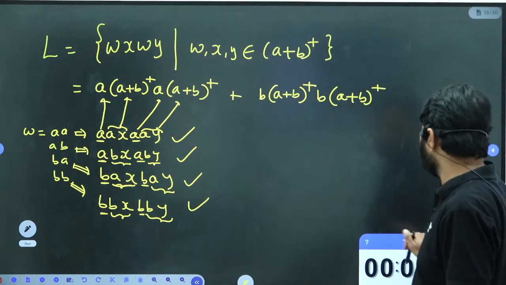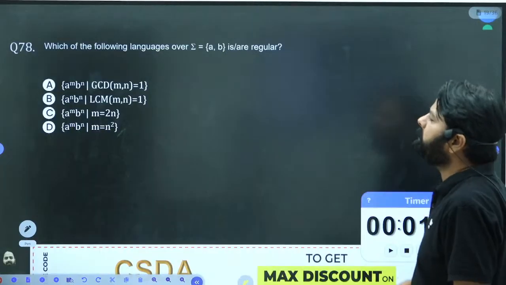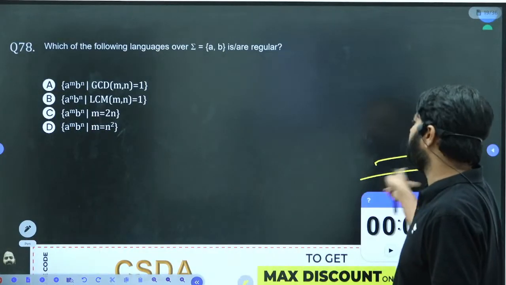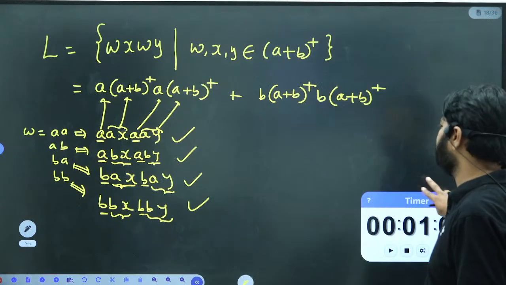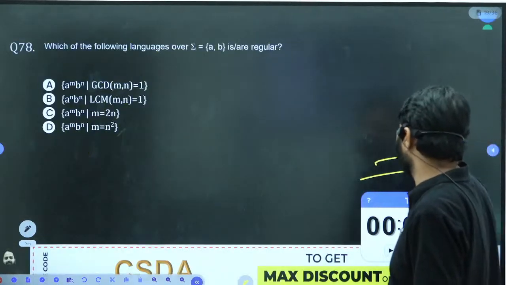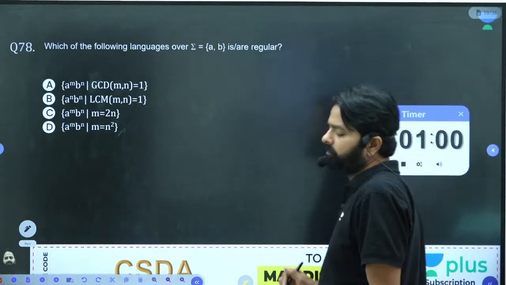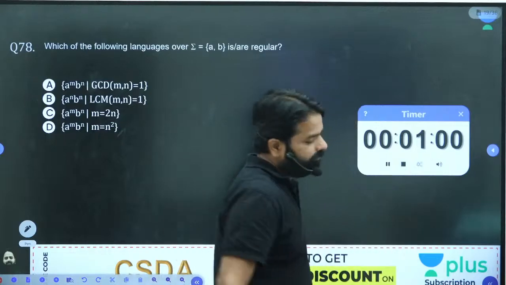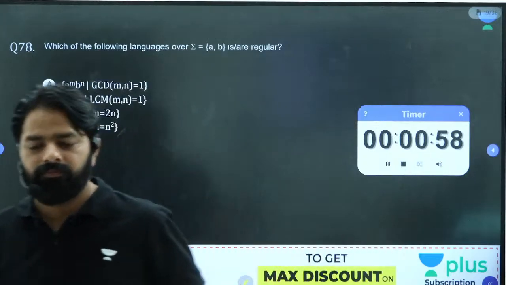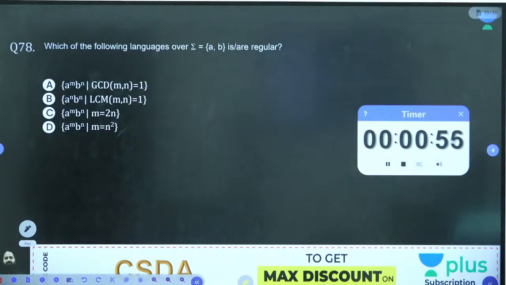This is how you should analyze the data and spend some time on this kind of data. You'll get to know A, C, D, why they are correct. If you have any doubt, you can ask me at any point of time. Only one thing you should realize: spend time when you are not able to get the logic of what we are discussing.